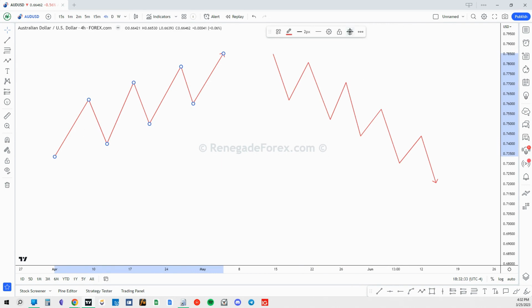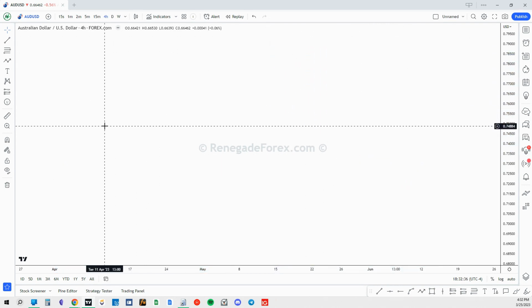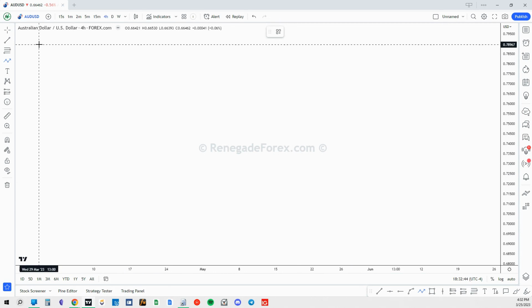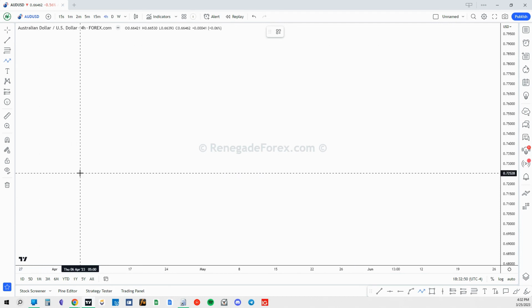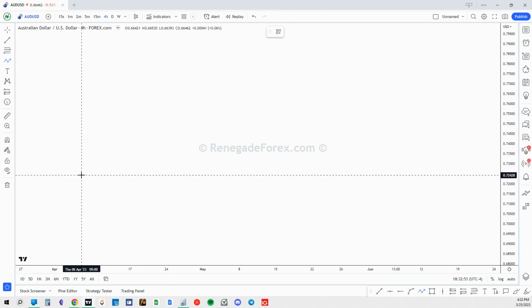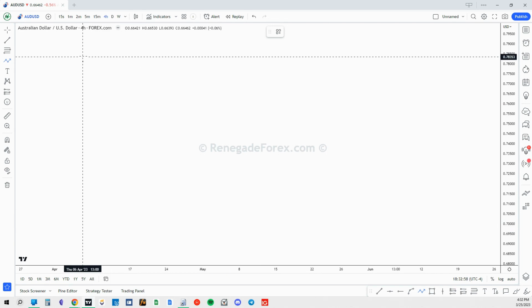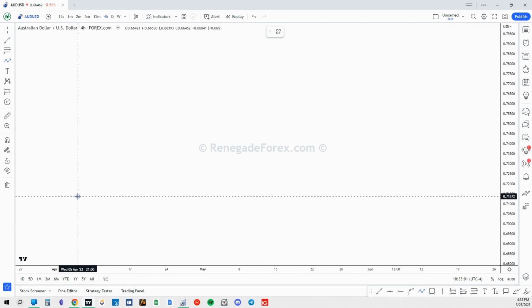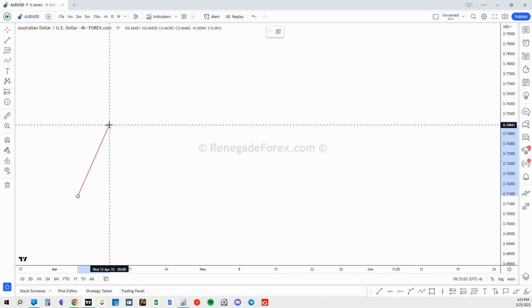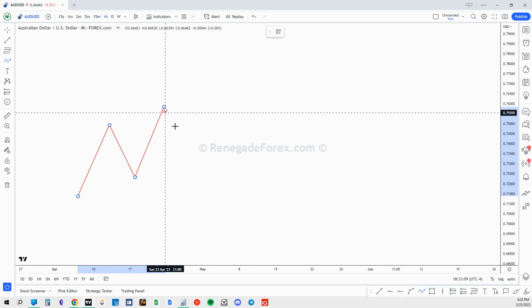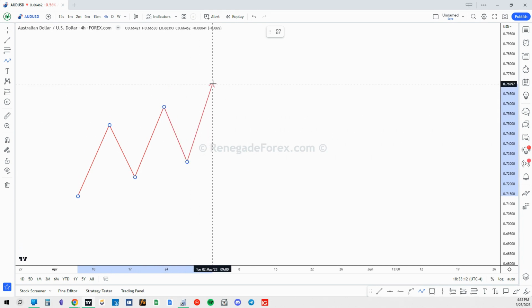Okay, but what we need to understand now is that we have swing highs and we have swing lows. And so when you have a higher time frame break of structure, what's usually happening on the lower time frame is swing structure that's being developed and changing. And so let's say, for example, on the 4-hour time frame, we have a run up, we have a new high printed in the market, we have a retracement and a run again, breaking structure, retracement, and run up, breaking